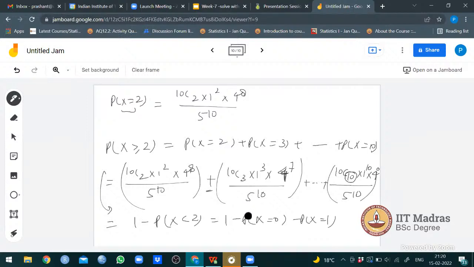Sir, can it be understood like the probability of each individual is 1 by 5? Each MCQ to be correct individually is 1 by 5? Yes, you can say that. You have 5 options, so for one option, it's 1 by 5 possibility of getting it correct. But when you are considering, see,